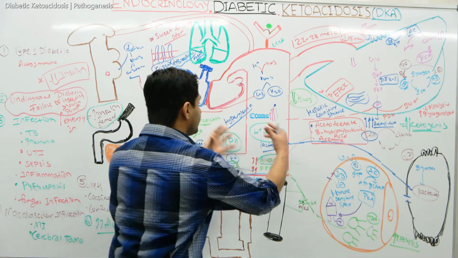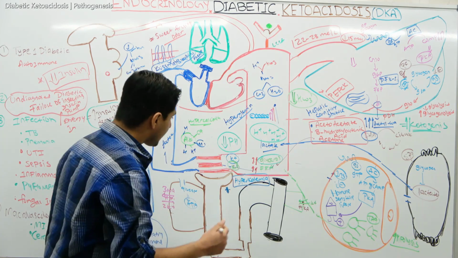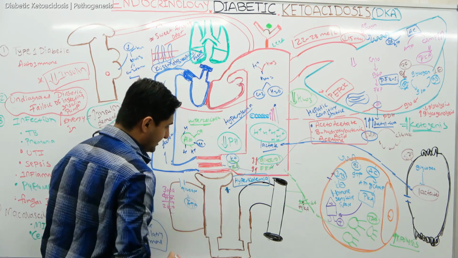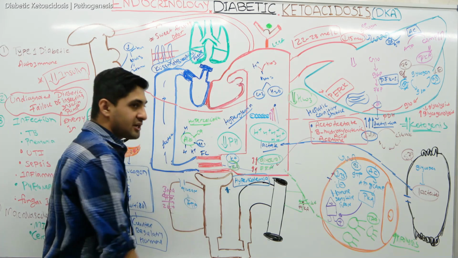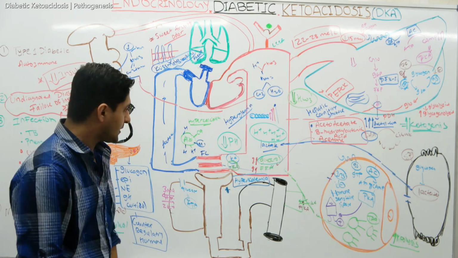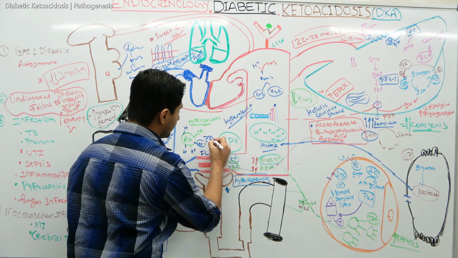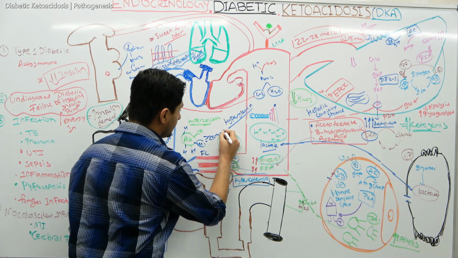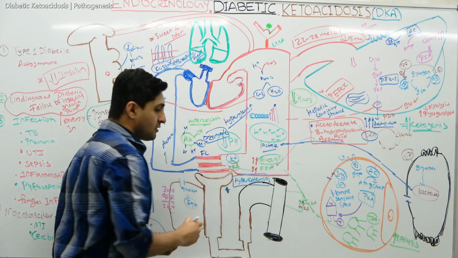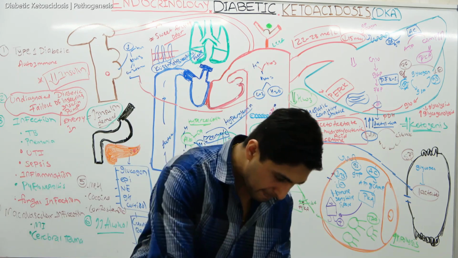And whenever there's lots of glucose present in here, what is going to happen? The filtered, look at the kidney here. The filtered load of glucose increases significantly. So whenever the filtered load of glucose goes greater than, let's say, 250 per liter, then that is a problem here now. What is the problem?